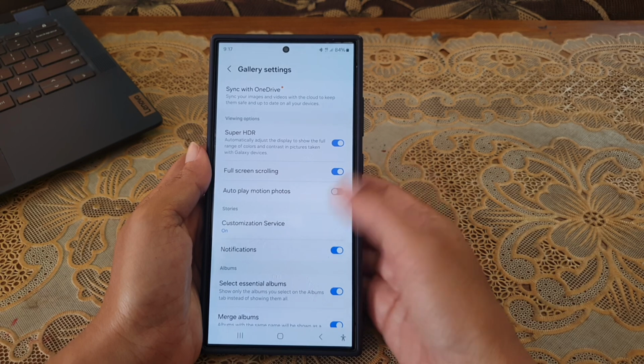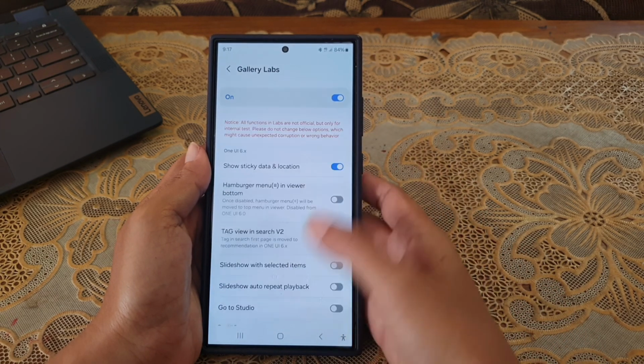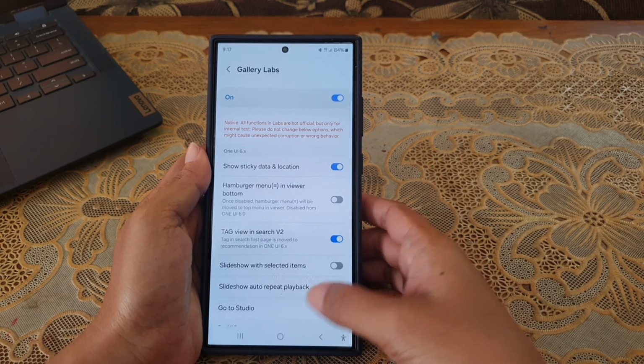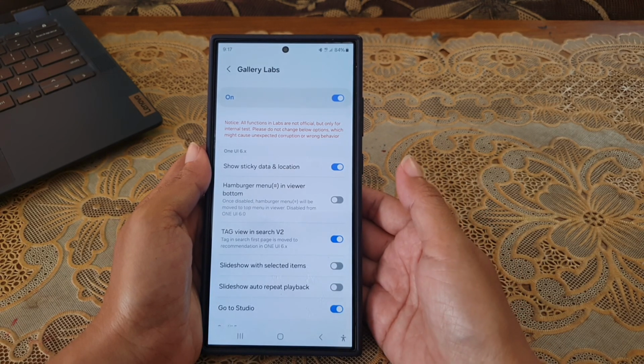Scroll down the screen to the bottom, tap Gallery Labs, and then tap the gray on off switch next to Go to Studio until the switch turns blue to turn it on. To see the result, tap the back key twice,